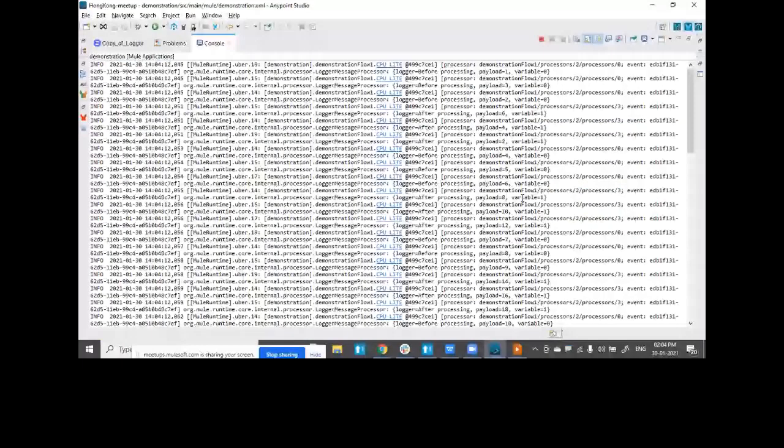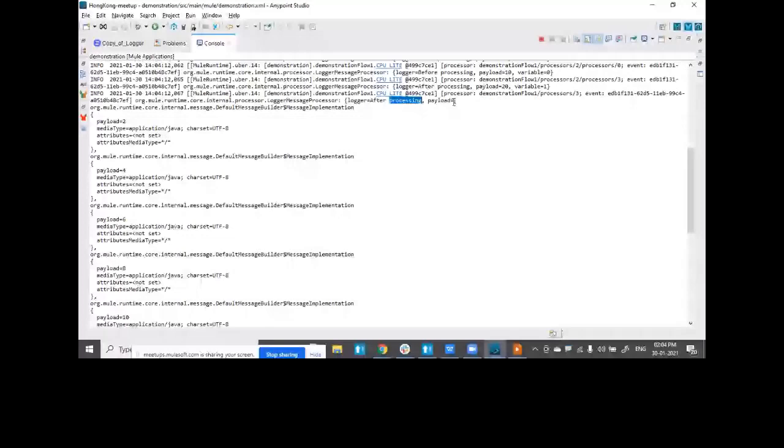I need to check what is my after processing. Okay, sorry, it should be after parallel for each, but it's okay. If we evaluate the payload, you will observe that whatever changes we do, we are able to still persist those changes. So you can see over here, payload is getting changed to 2. Initial load that we sent was 1. And the sequence in which the data was provided will also be maintained.